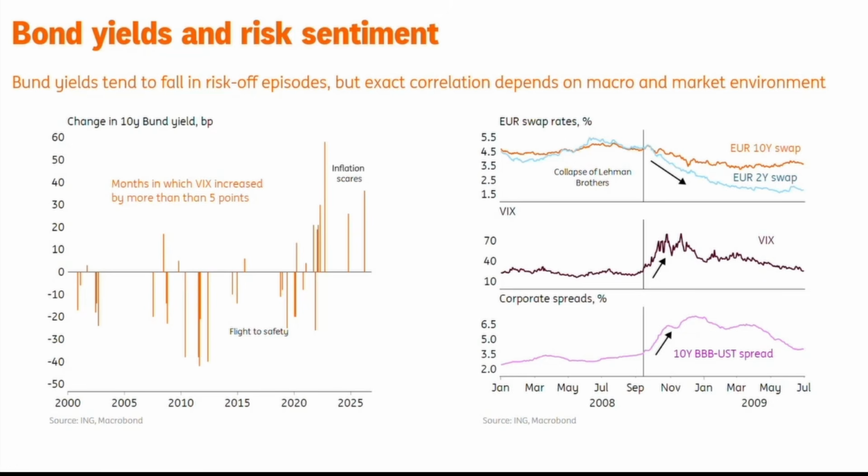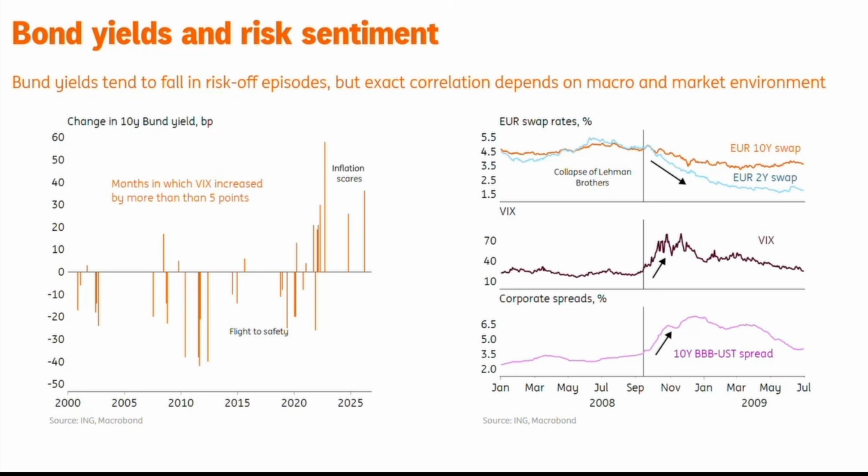Because if it comes from inflation, you have a very different dynamic. If suddenly inflation rises, which is actually what we've seen most over the past 5 years or so, bonds do tend to do very badly during risk-off episodes. So that's why it's a quite difficult correlation. When it's growth related, that's a rule of thumb. If the worries are about growth being worse in the future, it's good to invest in bonds and it actually pushes yields down. When it's a scare about inflation being higher in the future, you don't want to be in bonds because yields